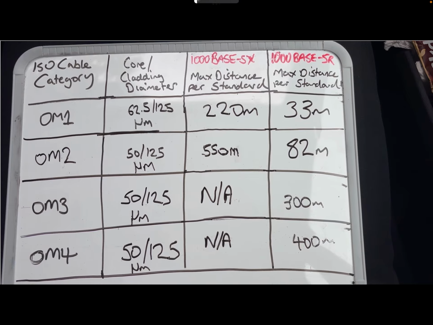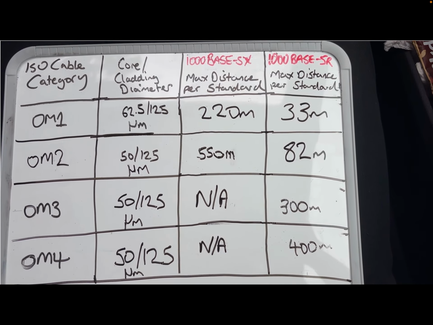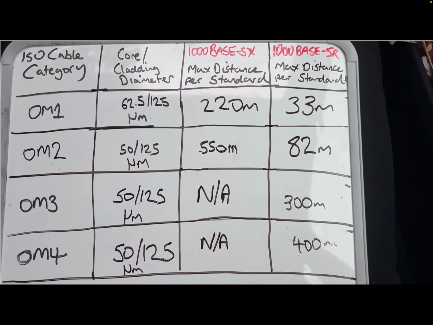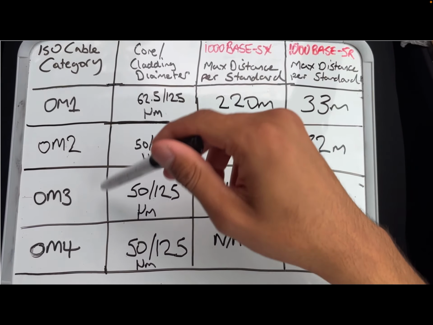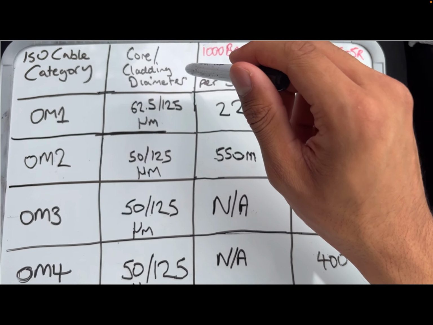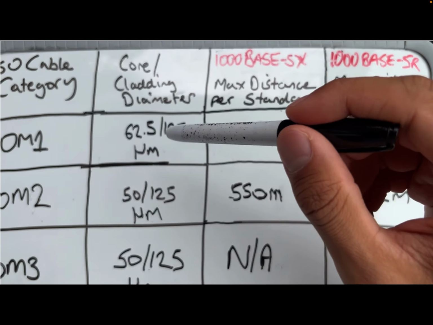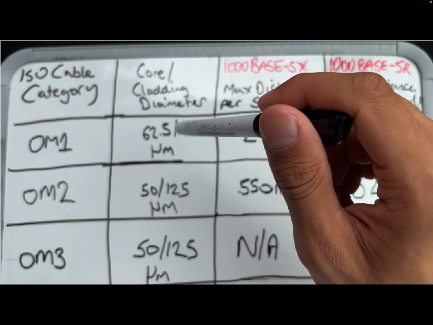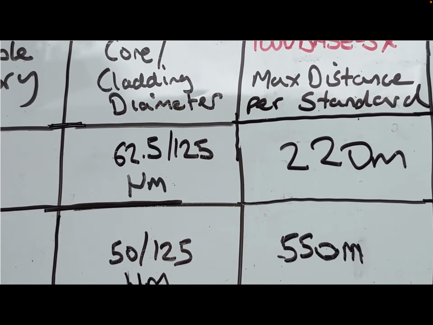So hello everybody, welcome to this video. I'm going to be talking about optical multimode cabling standards. So optical multimode 1, 2, 3, and 4. Some key details to remember. Firstly, core cladding diameters. This is measured in micrometers. Optical multimode 1 has a